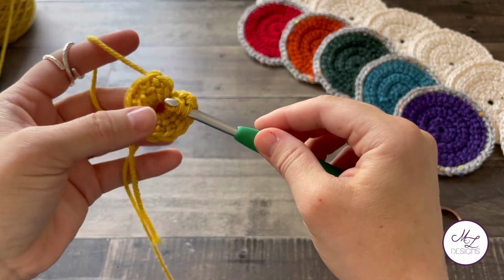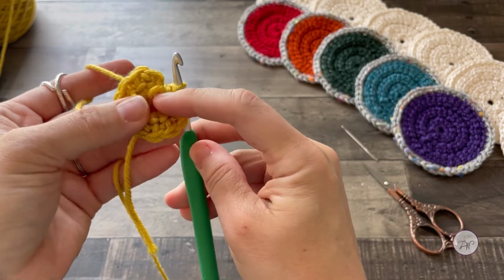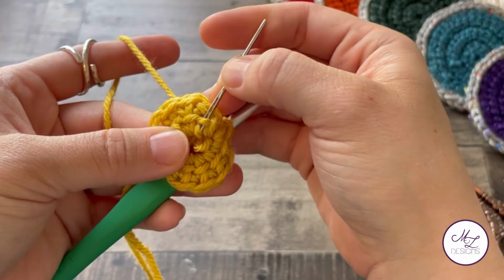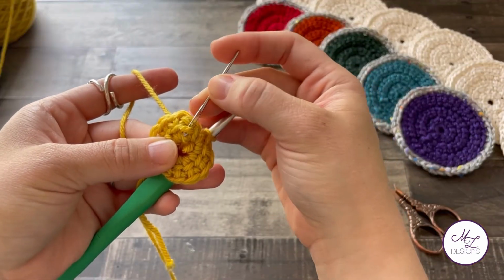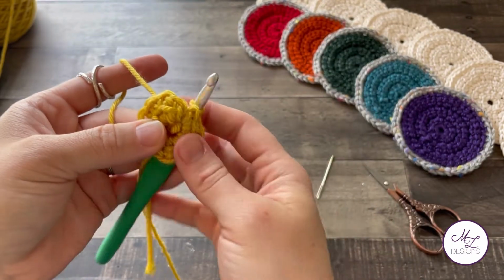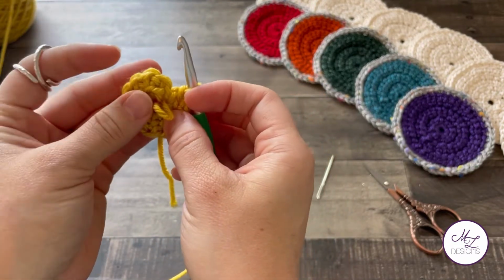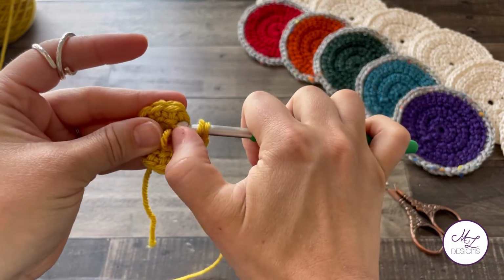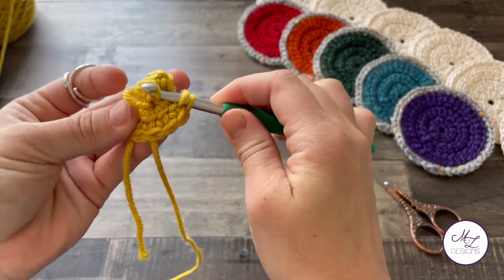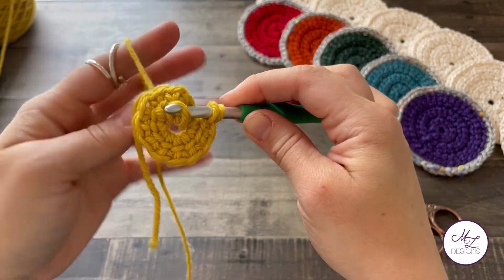Now instead of finishing your 12th one, you're going to pull that out, but keep this loop going, and then you're going to actually stick your hook into that first horizontal thing there. I find on this first one especially, to make sure this loop stays, I just drop my tension yarn because I like to pull it out on the first one. And then just put your hook through that horizontal line, and then take this loop and put it on your hook. Then I grab my tension again,